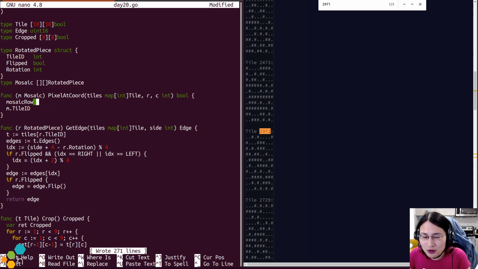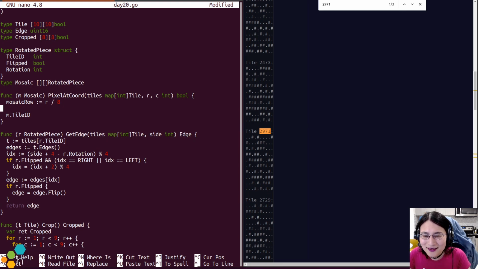So the mosaic row is going to be R divided by 8. Take call, it's going to be C divided by 8.